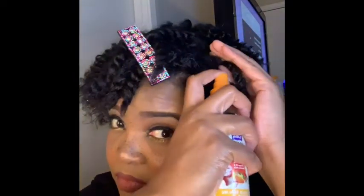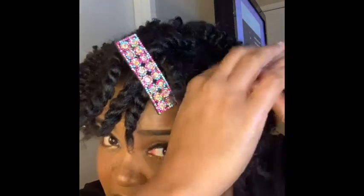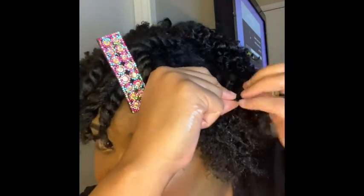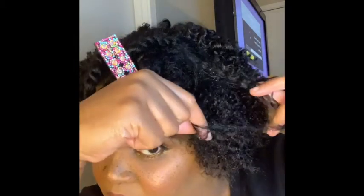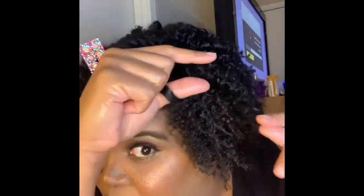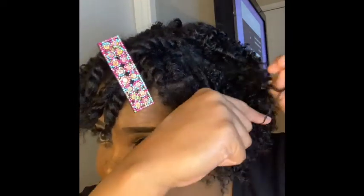Okay. We're going to take the next piece. The same thing on this side. Twist it back away from itself. And let the hair tell me where these pieces are going to separate. This one's coming apart quite a bit, which is nice. Okay. All right, all right, all right. And